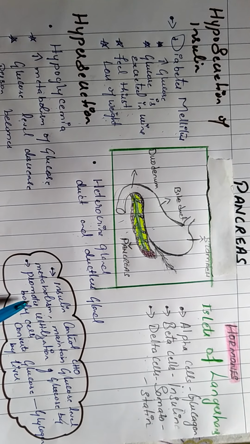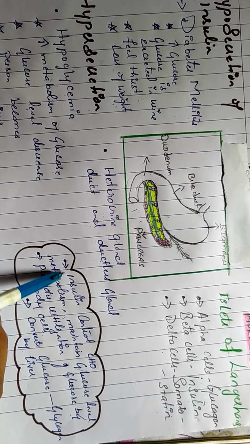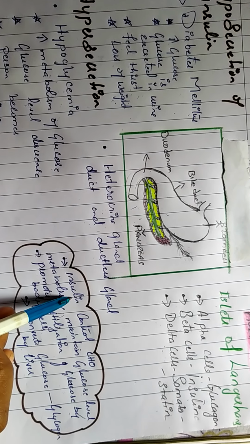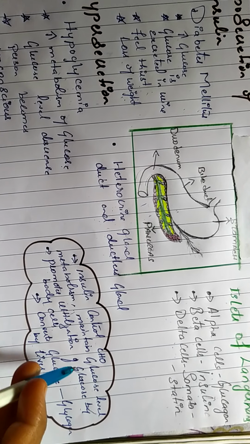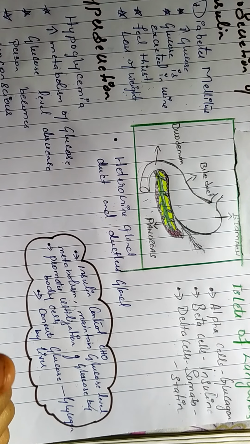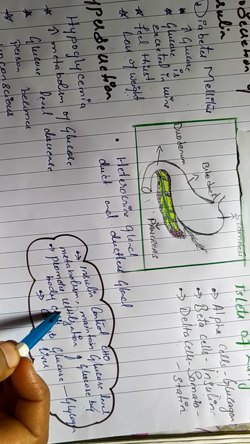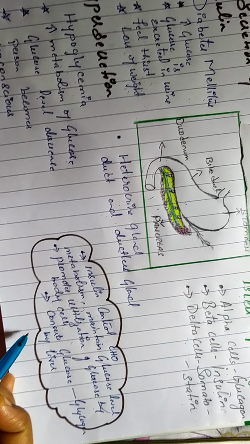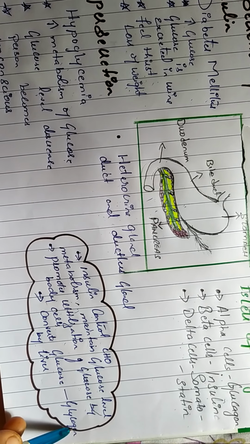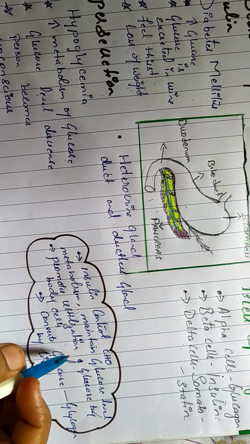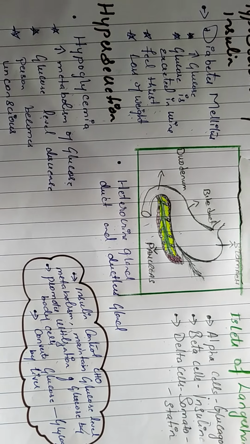Let us go over some of the functions of insulin which we have forgotten. Insulin is very important because it controls carbohydrate metabolism in the body and maintains the proper glucose level. It promotes the proper utilization of glucose by the body cells, and it helps to convert glucose into glycogen, which is then stored by the liver and muscles for further use.